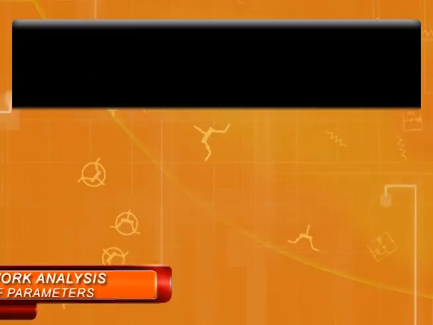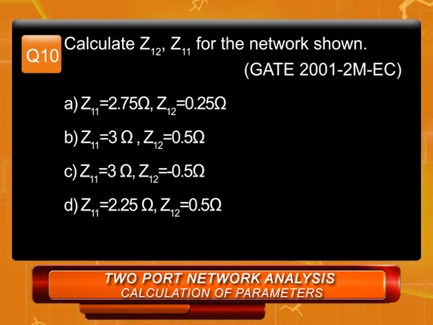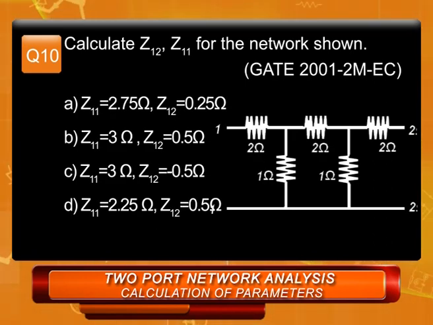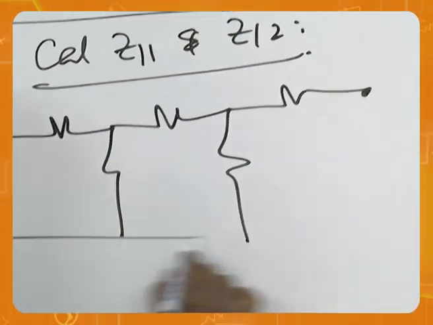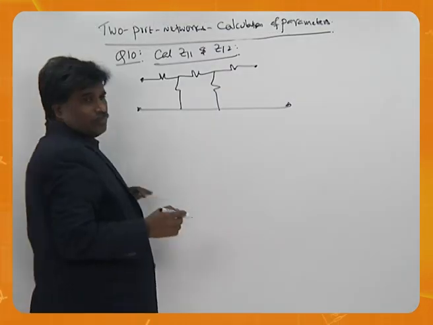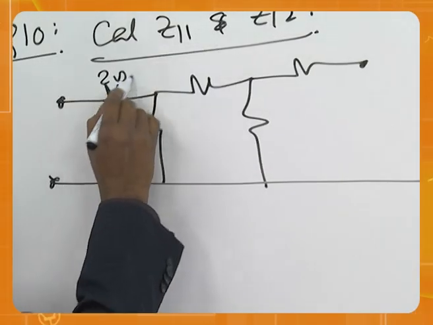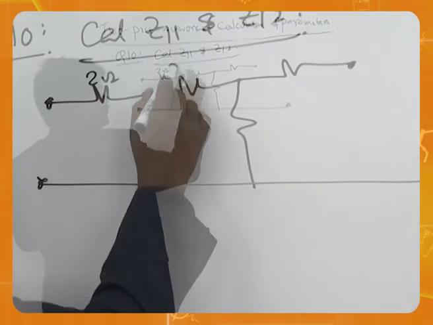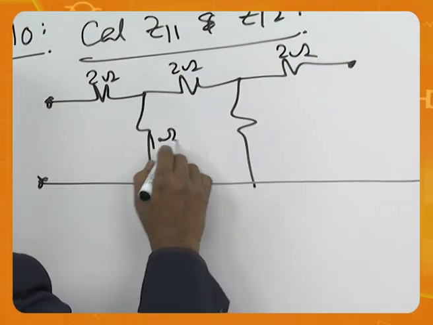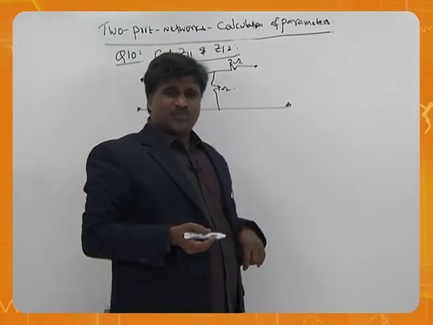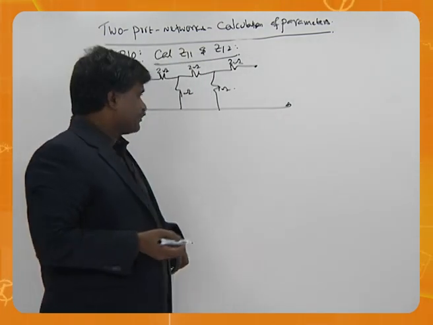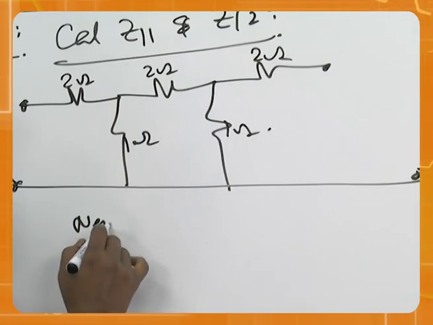Question number 10. Calculate Z11 and Z12. This is a problem like this. Suppose you take this as 2 ohms, they have given us 2 ohms, 2 ohms, 1 ohm, 1 ohm. And this was given in GATE 2001, 1 mark. It is very terrible to understand. If you go with my new method,